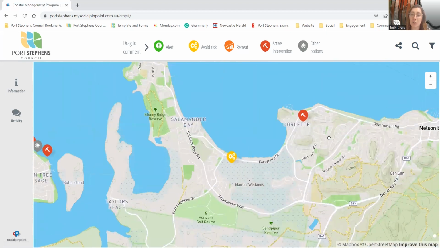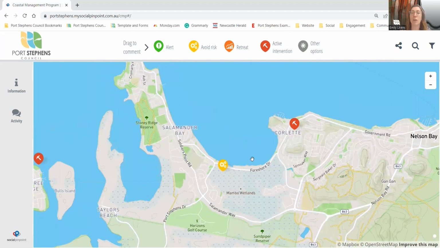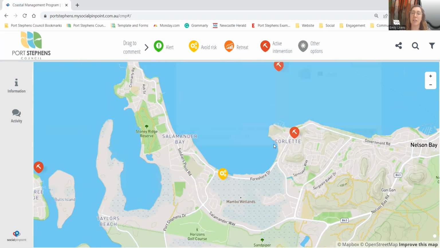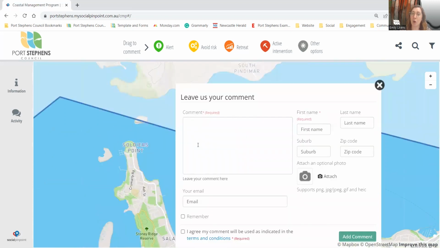For the purpose of this tutorial, I'm going to look for a management option comment in the Corlette area. So what I'm going to do is click on active intervention or any of these that I would want to provide feedback on, click and drag holding my mouse down to the location where I want to provide that feedback. Once I let go of my mouse, a comment box will be released. I can then type my comment into the box, include my name,